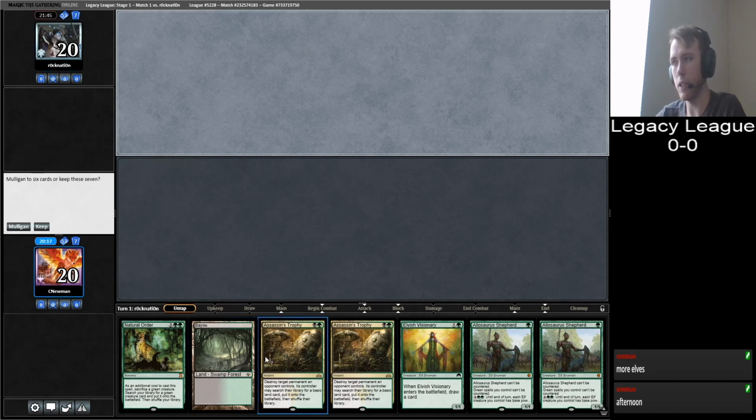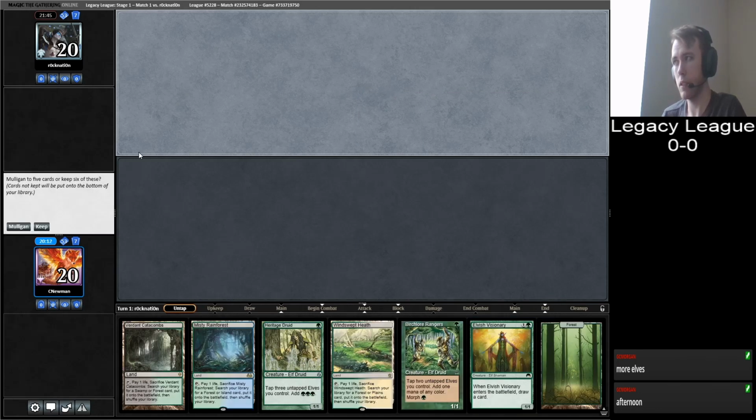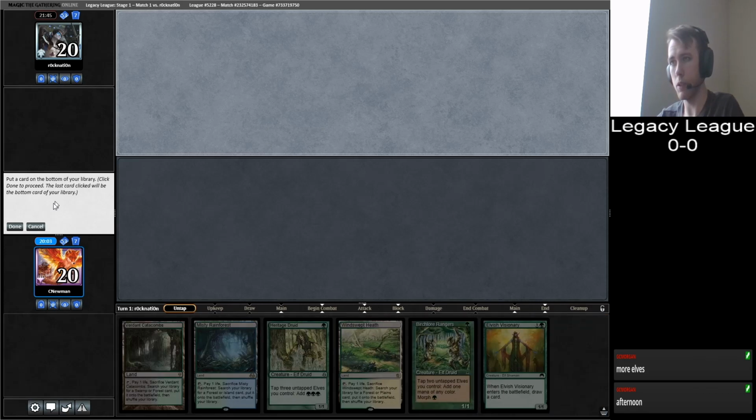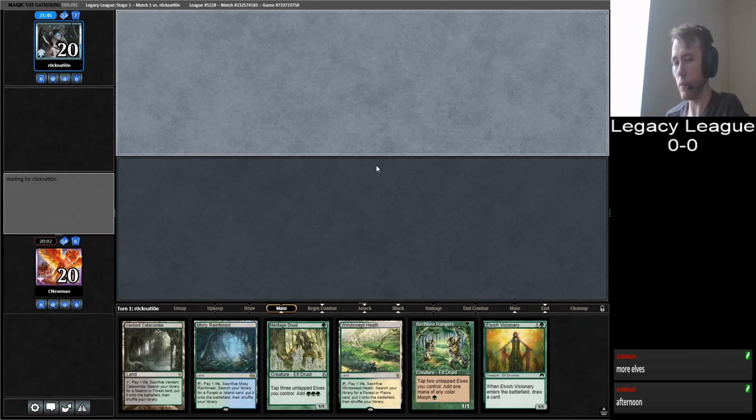This hand's not very good. It only has 1 land in it. If it was a 2-lander, I would keep. But this hand's not great, but I'm gonna keep it still. I'm gonna put away this Forest. I really don't want to go to